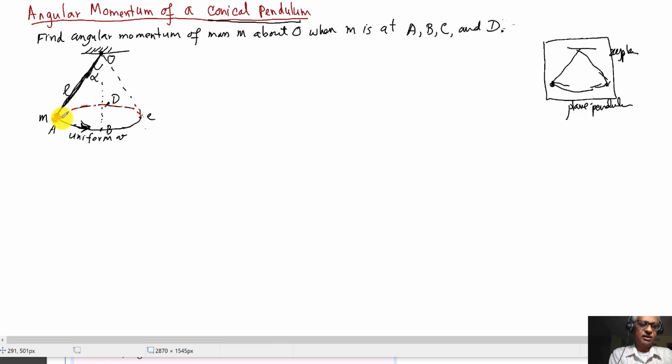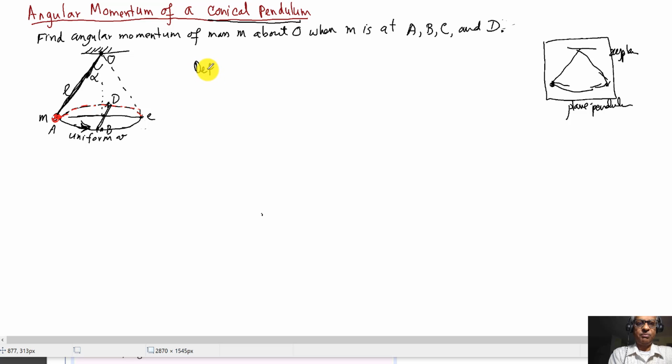And for concreteness, we say when it's at A, when it's at B, when it's at C, when it's at D, exactly opposite, four corners, right? So this is the four corners. Okay. All right. First thing to notice is